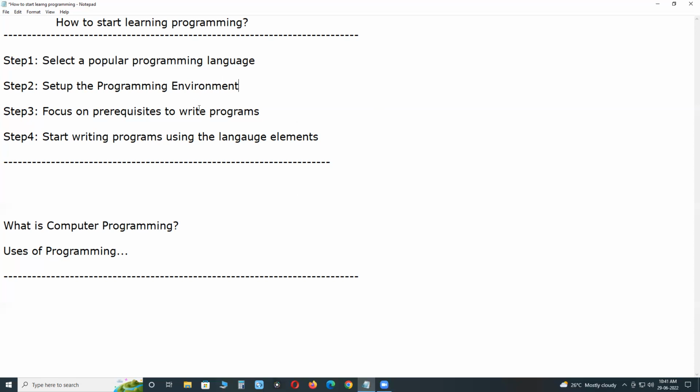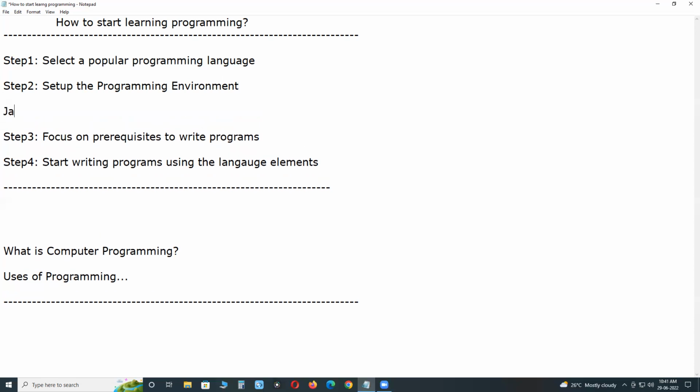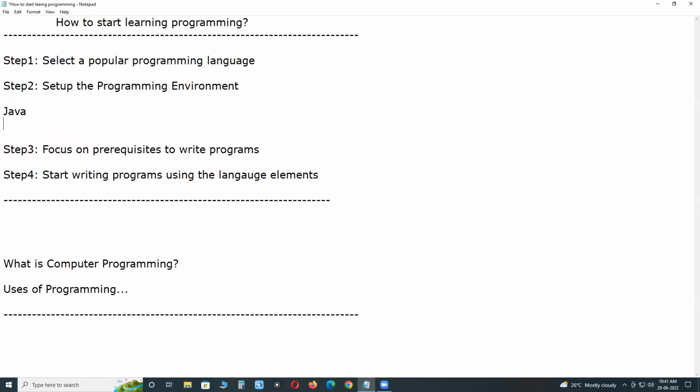Observe. Suppose you want to start learning Java, for Java, what you have to do? Download and install Java, here JDK, Java Development Kit, full software.